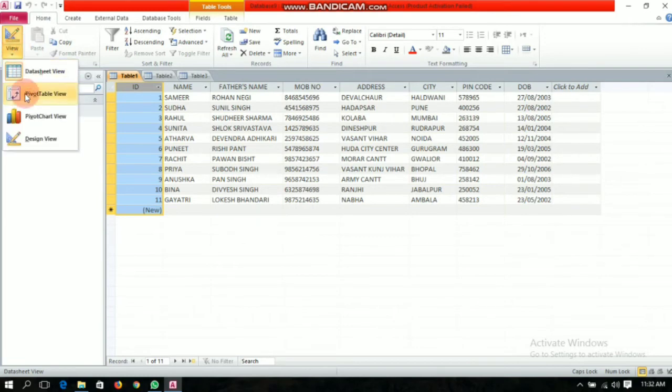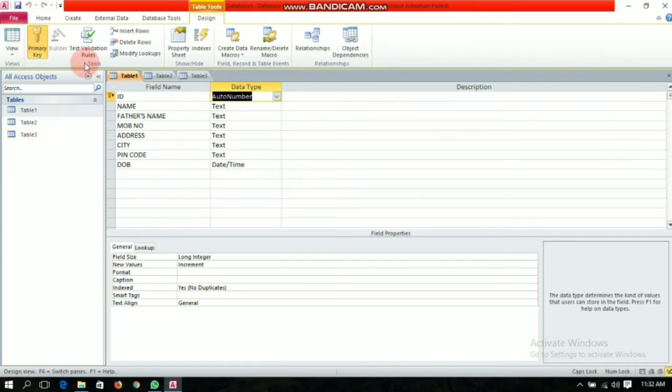See, there are various views. Click on design view, and here you can see a small key, and in the Tools group of the ribbon, you can see the primary key option is given and it is selected.